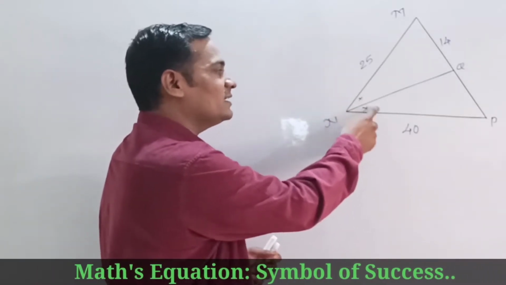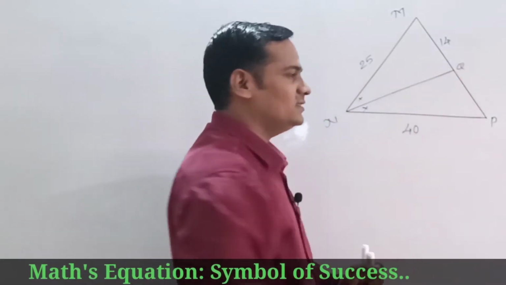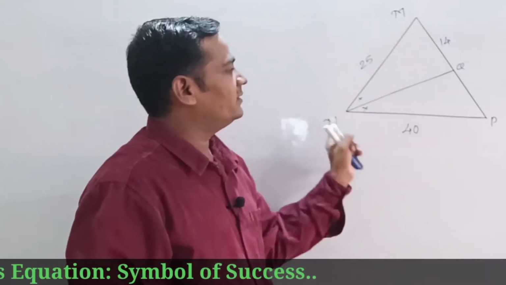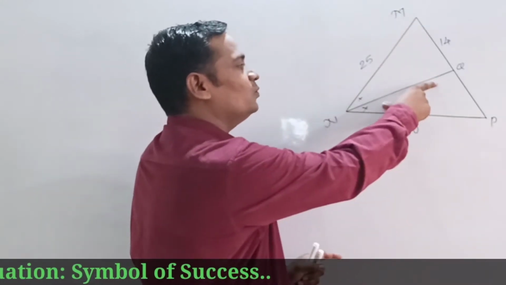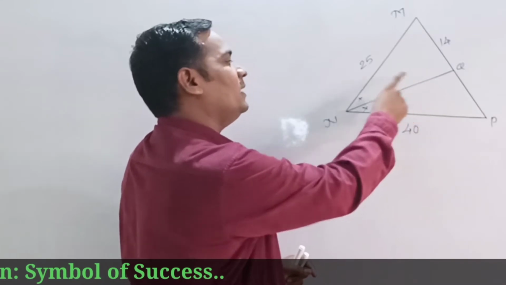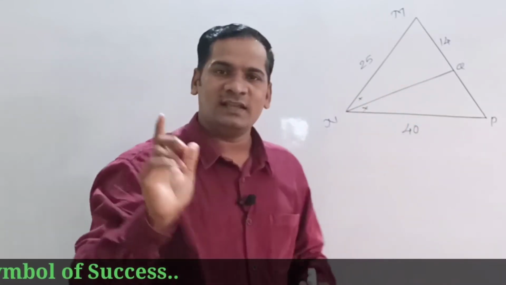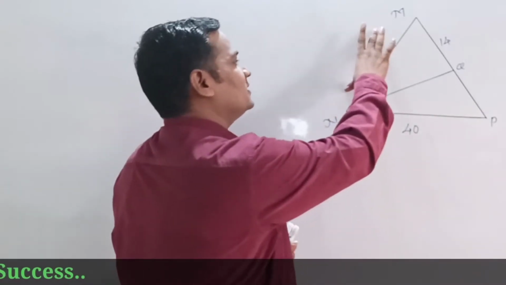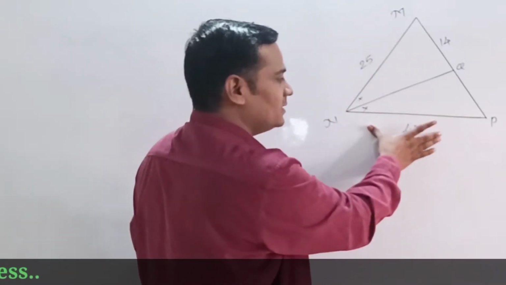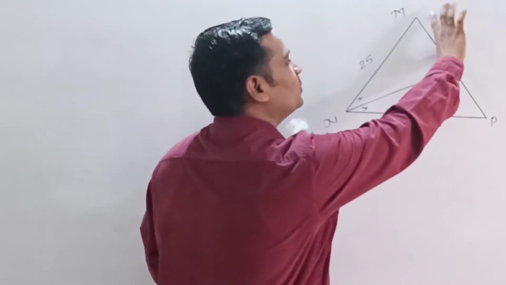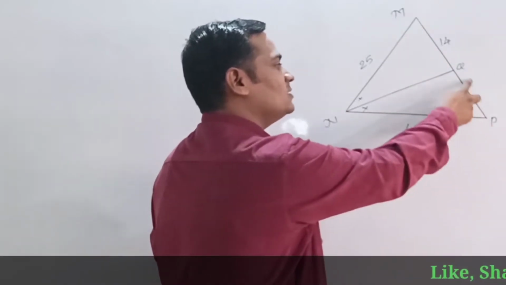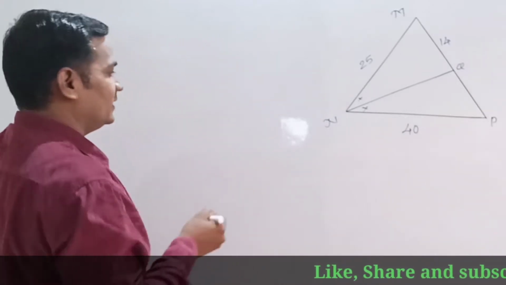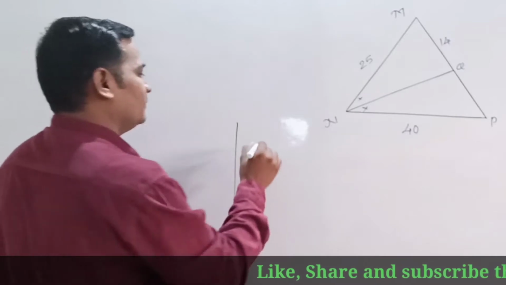These two signs indicate that ray NQ is the bisector of angle N, in triangle MNP. That means we can easily use the angle bisector theorem. Now MN is given, that is 25, NP is given as 40, and MQ is given as 14. So how much is the length of QP? So by using the angle bisector theorem, we can easily write